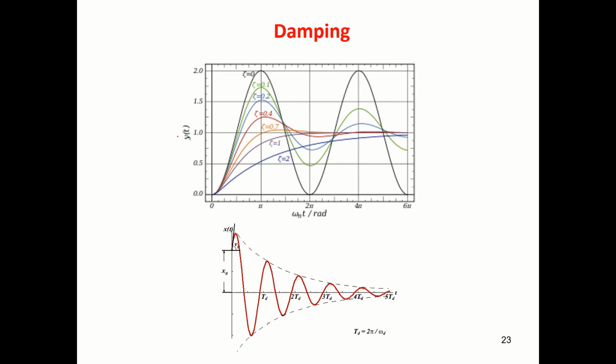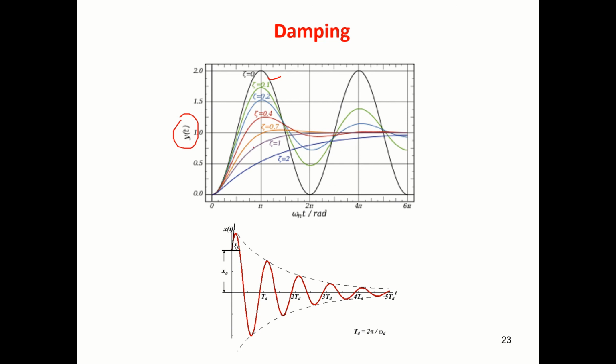You see here, if you take that equation which I showed earlier, with respect to input excitation, if I start drawing against input frequency, this is the undamped one. It's a constant amplitude, keeps oscillating. As you increase the damping ratio, you can see the amplitude of oscillation gradually decreases. Right. When zeta is equal to 1, you see it is critically damped, it is not oscillating at all. Zeta equal to 2, you see here it is not at all oscillating.